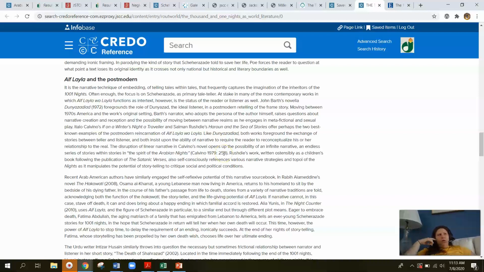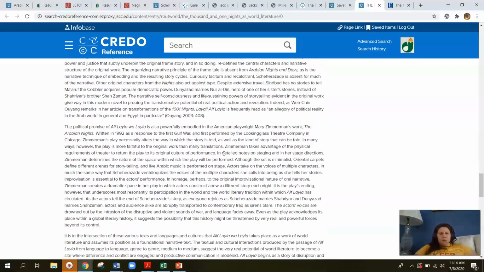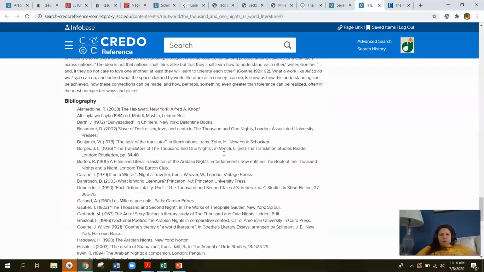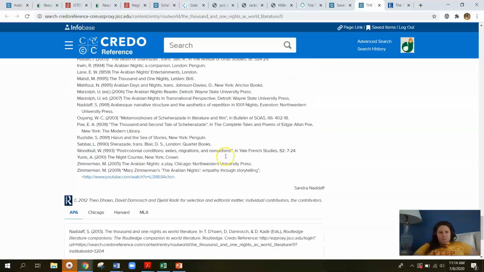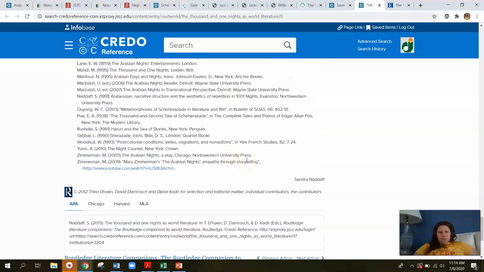Not all, but some professors don't mind, so check with your professor if you can cite a source. Sometimes they make exceptions, especially if it's hard to find topics or resources, so double check with your professor before you cite a bibliography or encyclopedia.